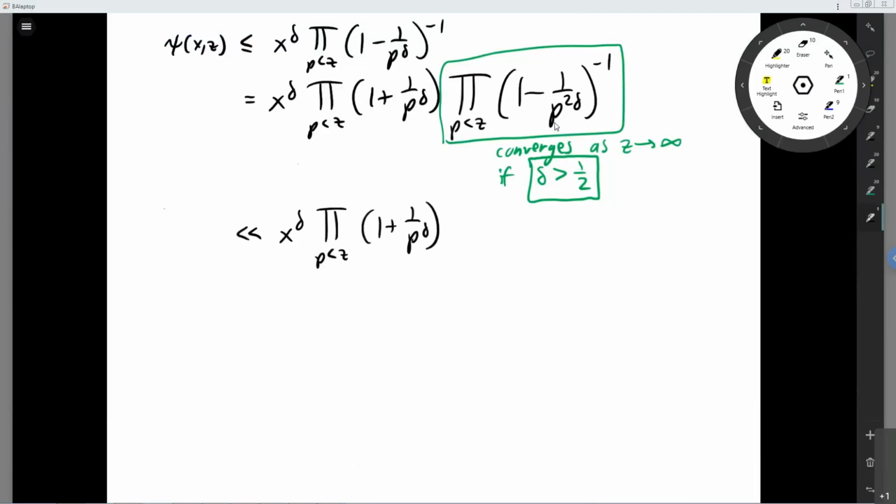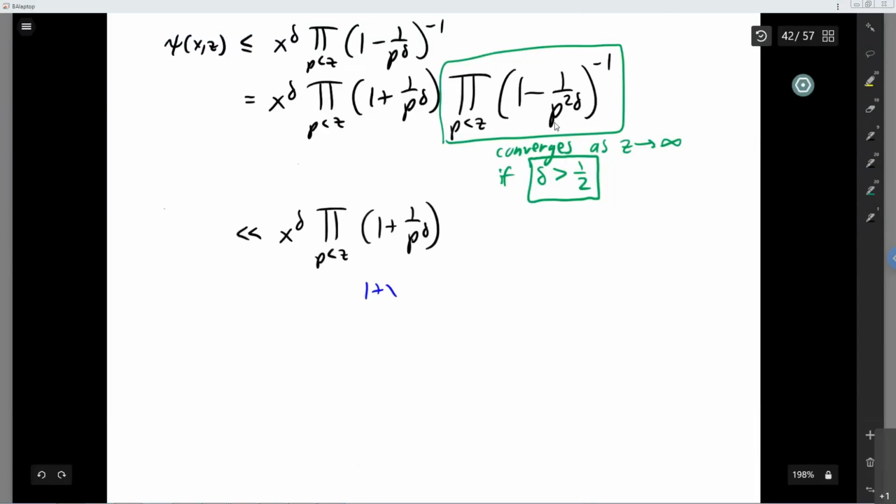All right, now here's the trick. Write this in blue. 1 plus x is less than or equal to e to the x. This is an inequality that you can prove using calculus techniques. You can compare the Taylor series of e to the x with 1 plus x, or you can just look for an intersection point and check derivatives, things like that. So using that relationship,